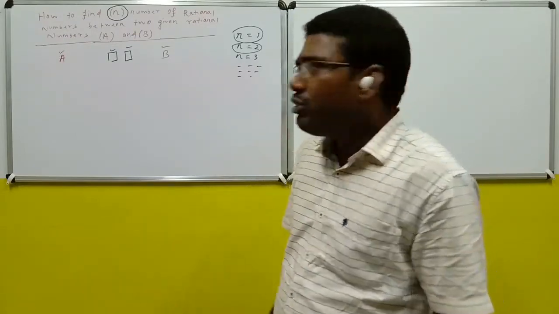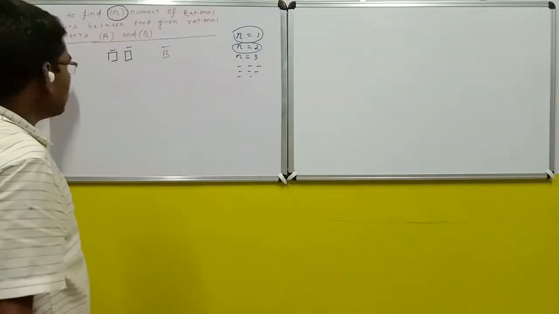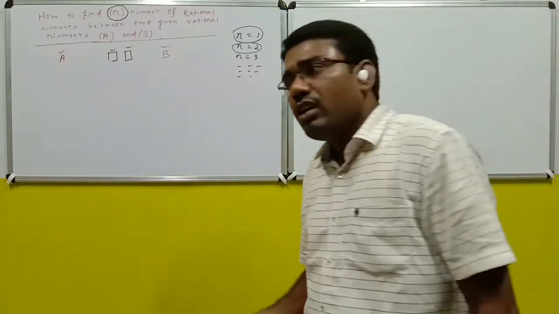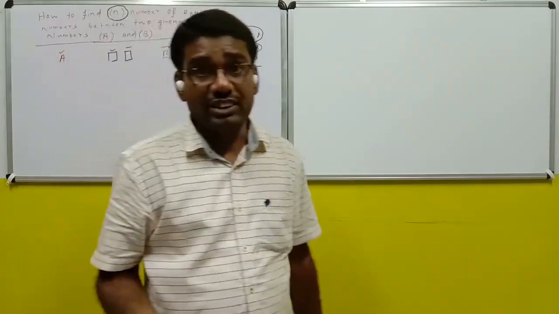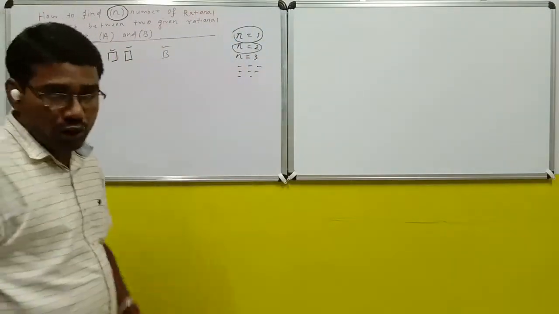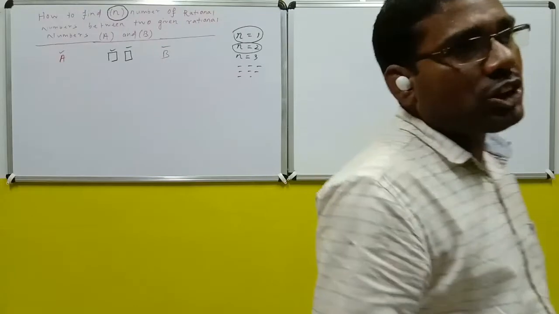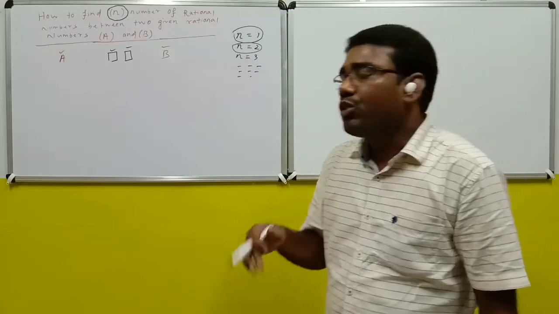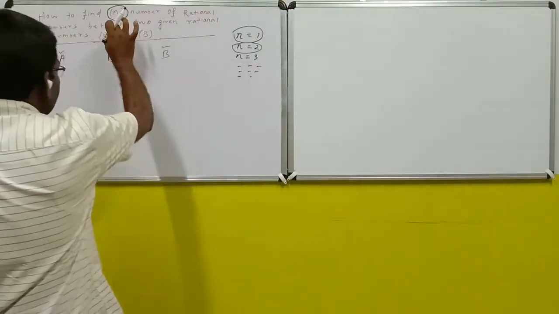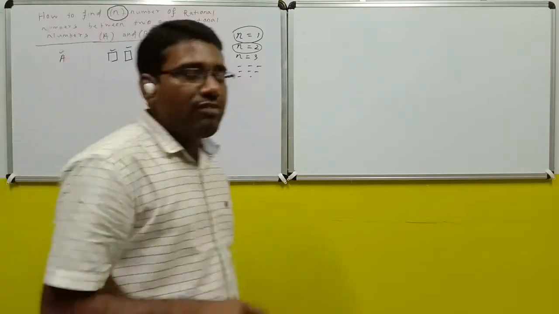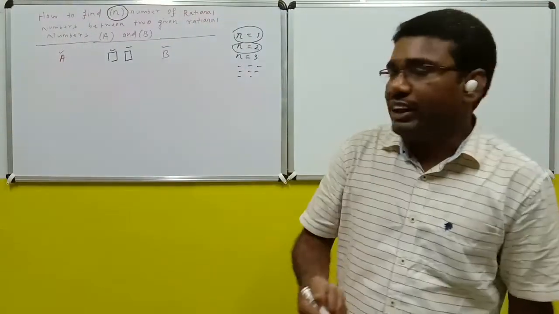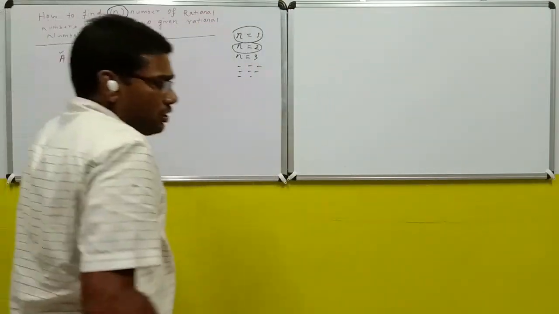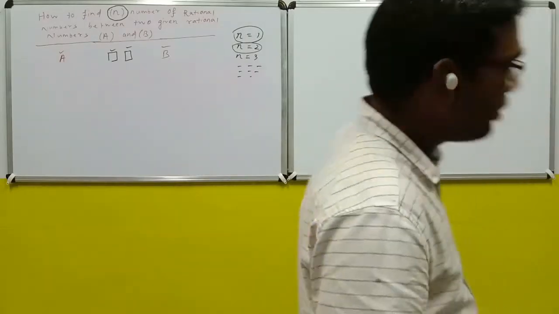So how can you find n number of rational numbers between your given rational numbers a and b? Already you have studied method 1 and also method 2 in your previous classes to solve such a type of problem. But in today's class, you will learn method 3, how to solve such a type of problem. You can follow method 3 to find n number of rational numbers between your given rational numbers a and b. So let's start method 3.